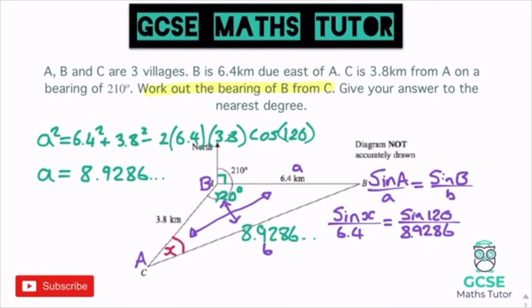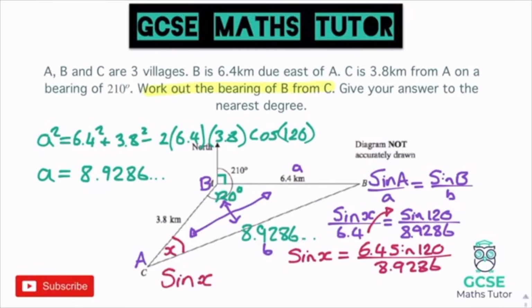Right, so we can rearrange that. We want to times that 6.4 up to the other side, up to the top there. So we'll have sine x is equal to 6.4 sine 120 all over the 8.9286. So let's work that out using the fraction button. So 6.4 sine 120, and that's all over 8.9286. I probably could have used the answer button there just to make sure this is super accurate, but as I've left it to 4 decimal places, it's not going to make much of an impact on my answer here. So we get our value of sine x. So we get sine x equals